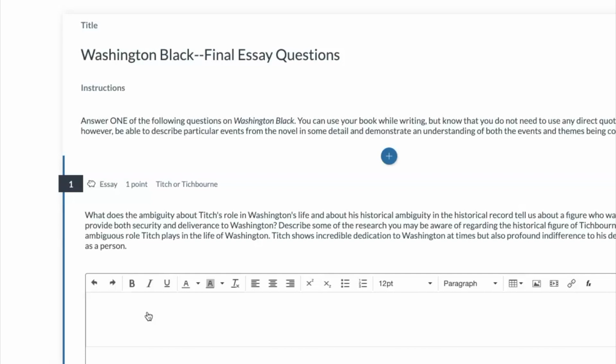Describe the scene and then give your assessment. That will be 1 paragraph. You should have 3 to 5 sentences describing it, and then shift gears into 3 to 5 sentences analyzing why you find that important, okay?